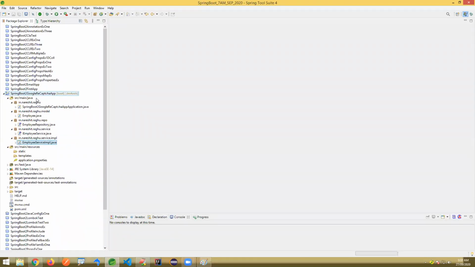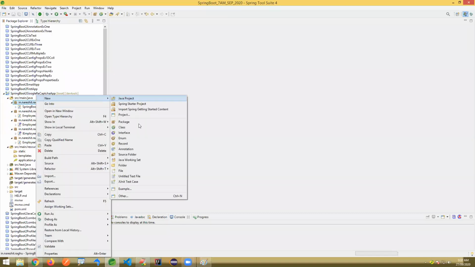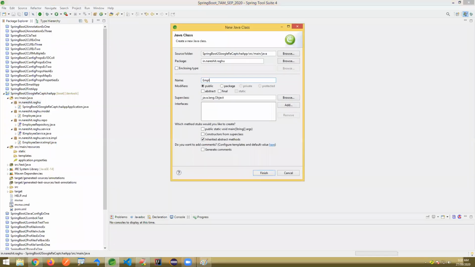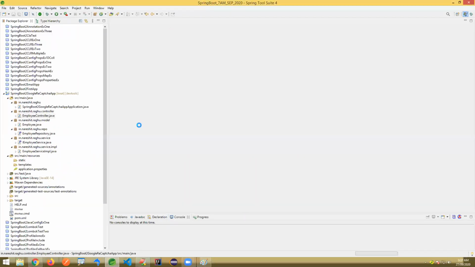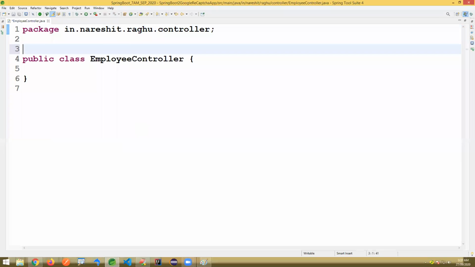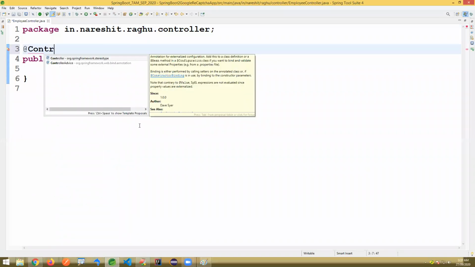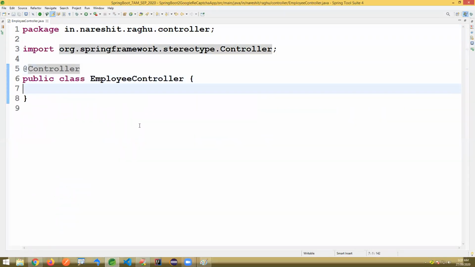Next, I'm writing controller code. I'm creating the EmployeeController class. It's a controller.